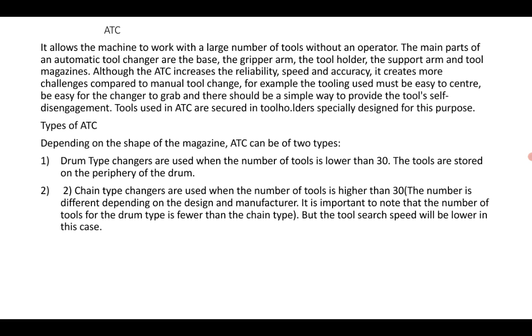Another one is the chain type tool changer, which sometimes holds more than 30. It's important to note that the number of tools for the drum type is lesser, and the tool search speed will be lower in this case.